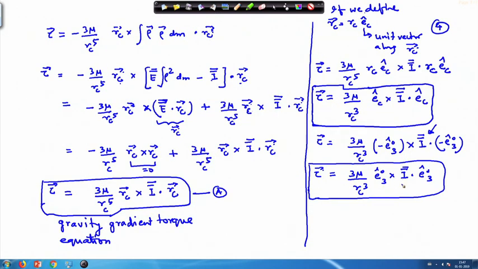So, if you are writing in terms of R c, you were using this R c vector, which you have replaced by the E c cap, the unit vector. So, from here we have the transition to the orbital reference frame vector, which is along the z direction of the orbital frame. So, this is basically expressed in the orbital reference frame. See here, this is a dot product, this is a cross product, so we have to be very careful.